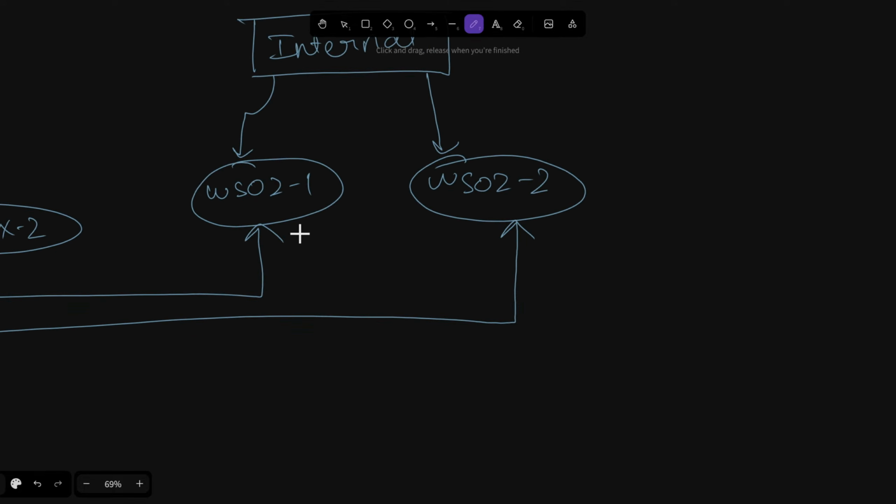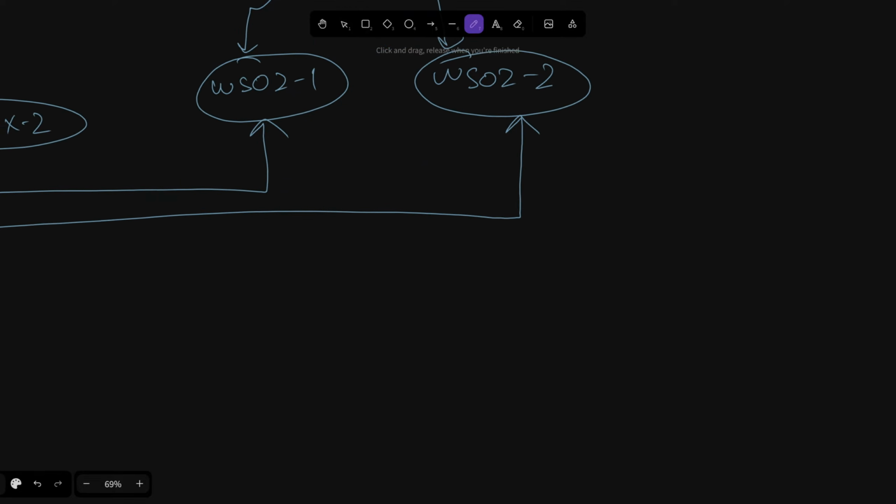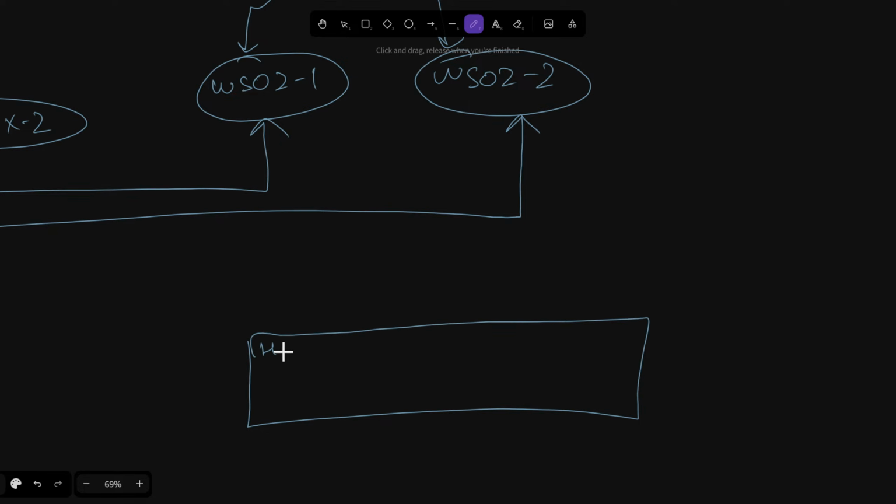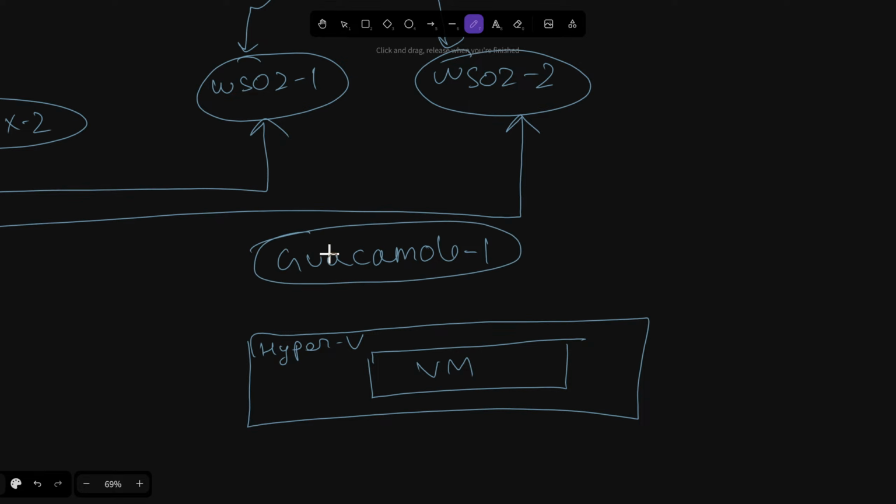Between WSO2 and our main hypervisor that contains the VM pools, this is our Hyper-V, and our Hyper-V contains a big pool of virtual machines. Between this Hyper-V and WSO2, there exists Guacamole, let's say server 1, and server 2 again, and I'm not making server 2 in this diagram for now.